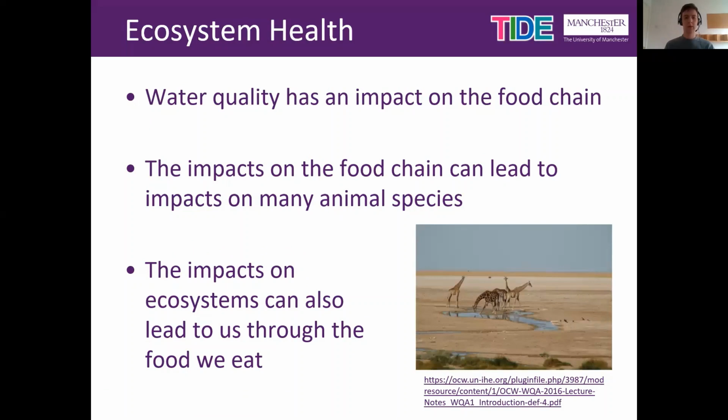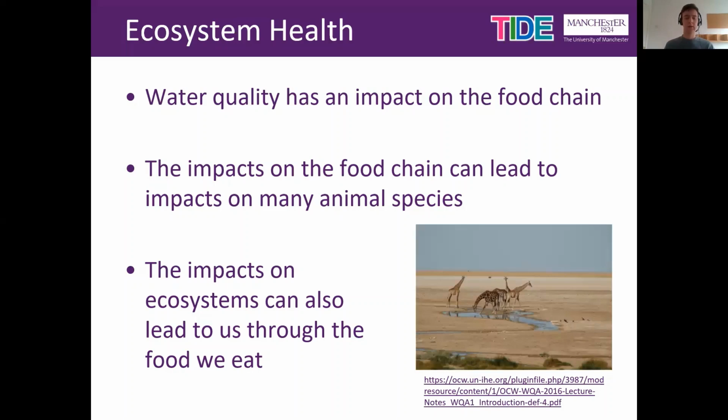Poor water quality can also affect ecosystems. Like how water quality can affect the health of humans, the same impact can also occur to animals and plants. An example of this would be that poor water quality can lead to algae growth in lakes, which, under the right conditions, can lead to a depletion in oxygen levels, which can have dramatic impact on the natural food chain